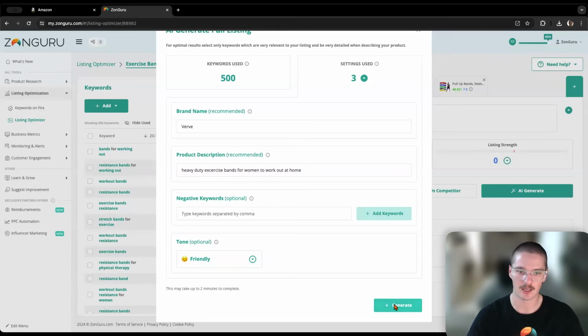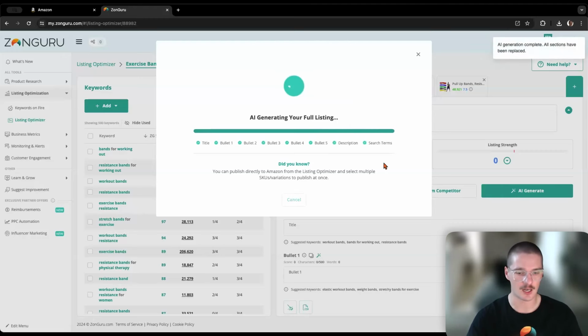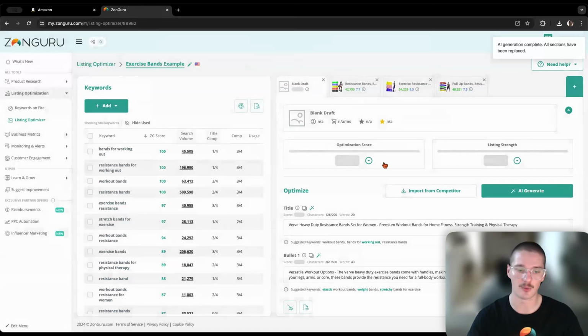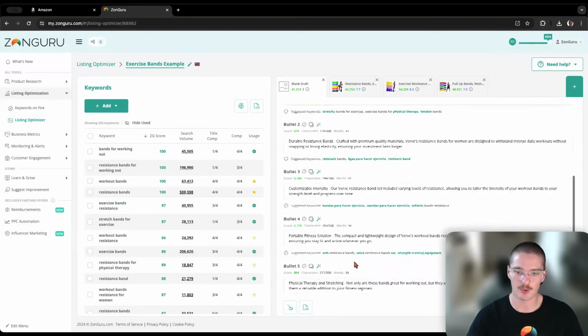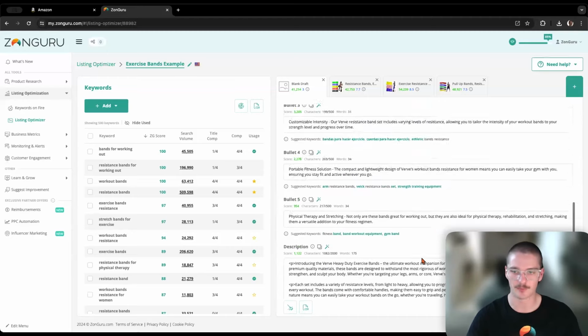So from here, I click generate, and then you can see we get title, bullet points, description, just like the Amazon system does. But we also get back-end search terms as well. So these might be misspellings or keywords in a different language that's still big in the marketplace. For example, in the US, it could be Spanish or Mexican keywords. Sometimes they have a lot of search volume, so you need to get those in there, and the AI will put that in the back-end search terms. So now that it's generated all of that, we can see we have title, we have the bullet points, description down here, as well as those back-end search terms right at the bottom.